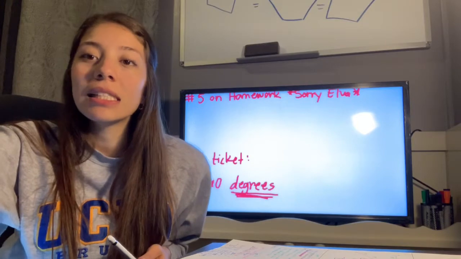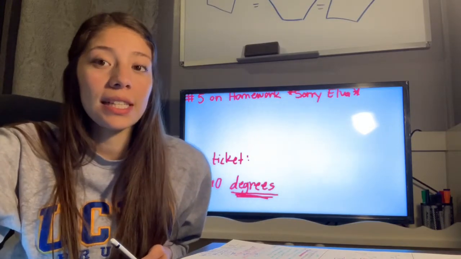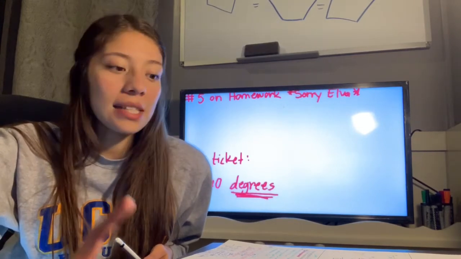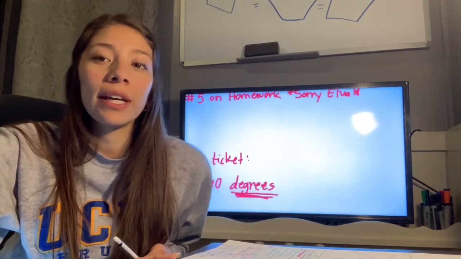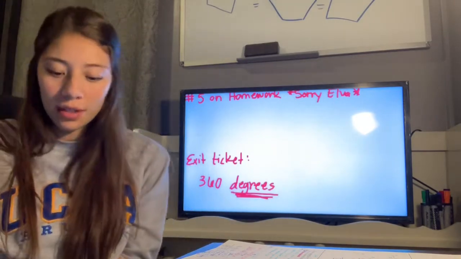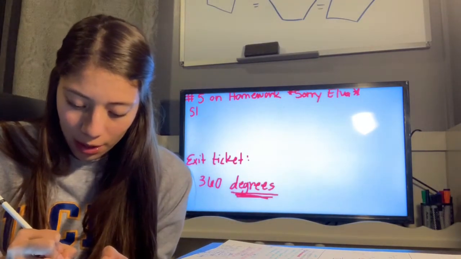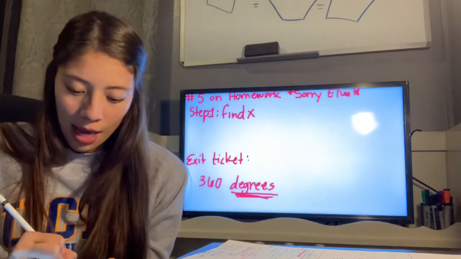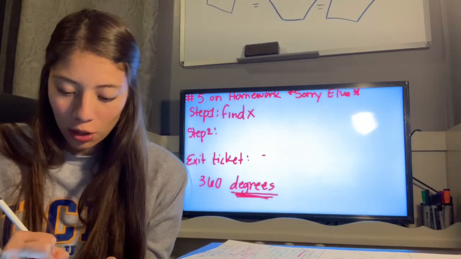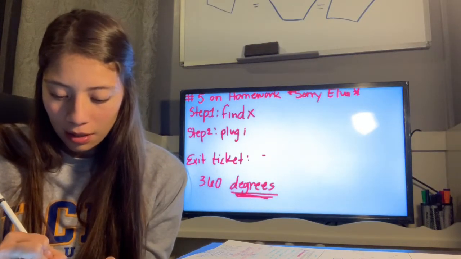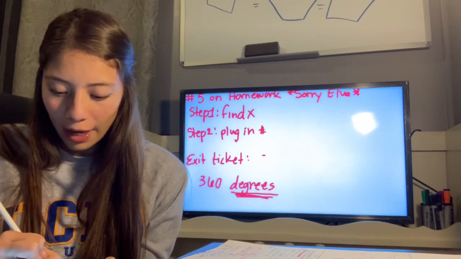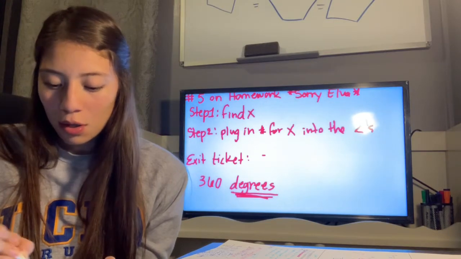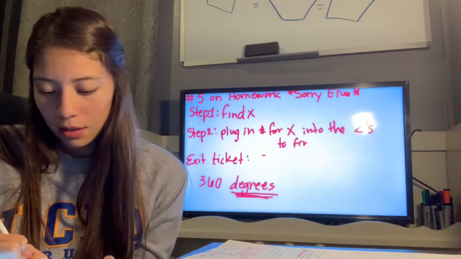Now, if I keep reading, it does give me 2 different things that I need to find. First, I need to find the value of x. And then secondly, I need to find the measurement of all angles. So the first thing you had to do, so step 1, was find x. That's one of your answers. And then step 2 is you're gonna plug in whatever number you get for x into the angles to find the